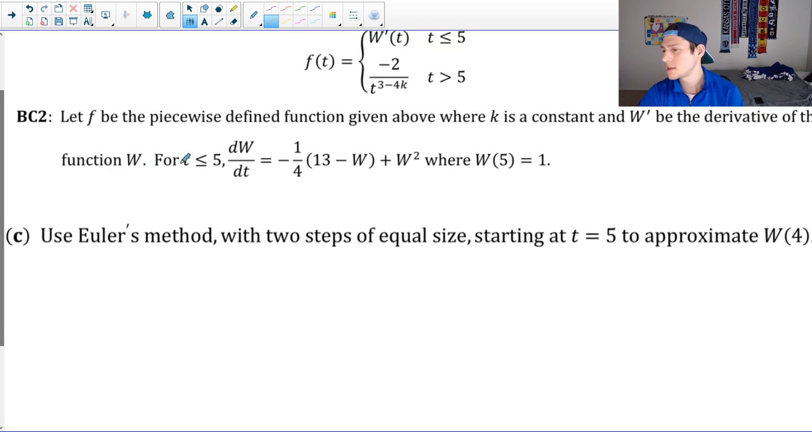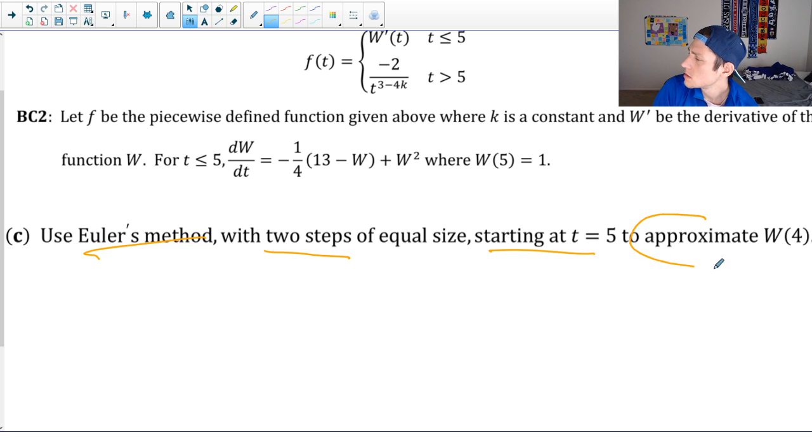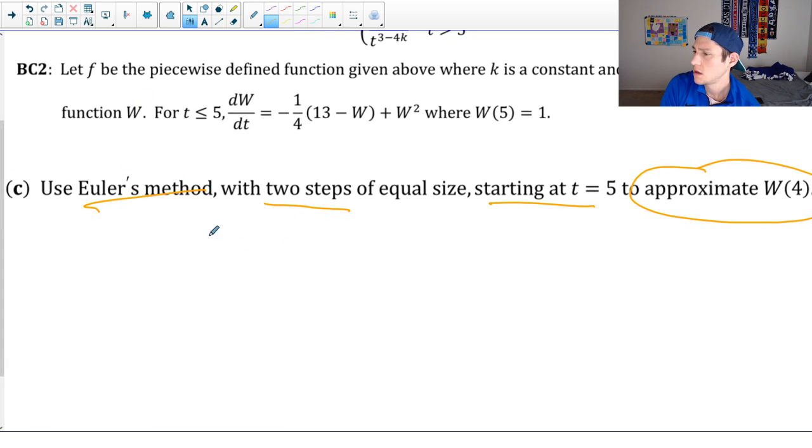All right, part C. Use Euler's method with 2 steps of equal size starting at t equals 5 to approximate w of 4. So Euler's method, 2 steps, start at t equals 5, approximate w of 4. All right, I can do that, I think. So the general formula for Euler's method